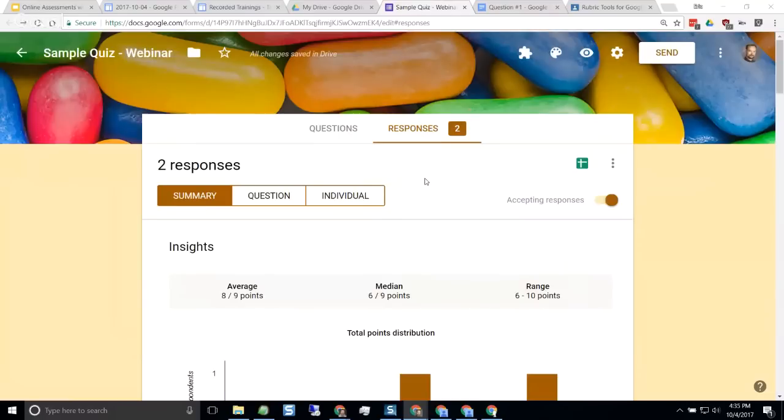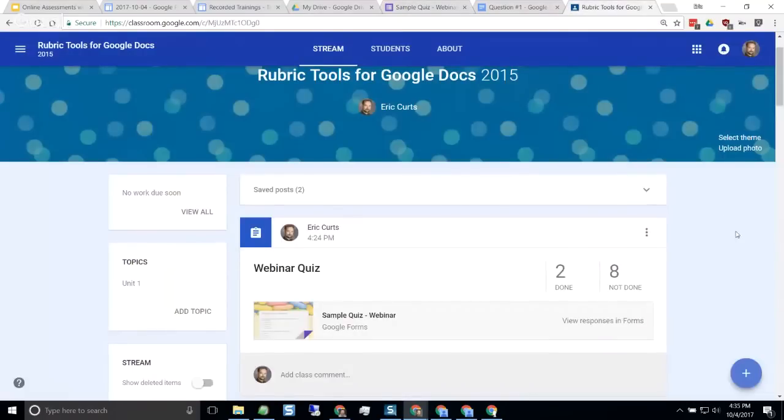Now, as I mentioned, I went ahead and pushed this out through Classroom because I thought it'd be a cool way to show you this new option that's in Classroom. Again, you absolutely don't have to do this. You could have sent out the form lots of other ways, but if you used Classroom, now that it's done and graded,